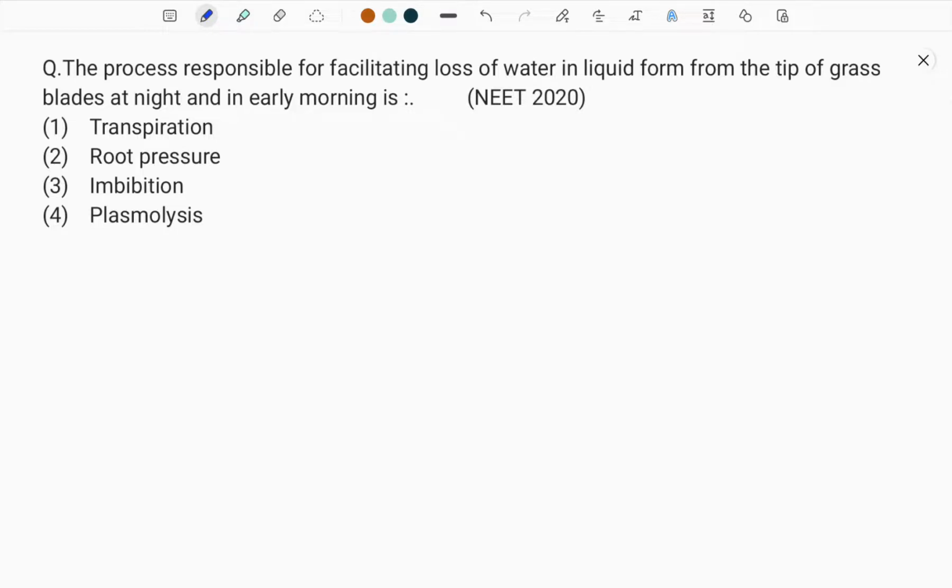We have a question here about transport in plants: the process responsible for facilitating loss of water in liquid form from the tip of grass blades at night and early morning is... Yes, this is definitely guttation. The question is nothing but the definition of guttation, that is loss of water